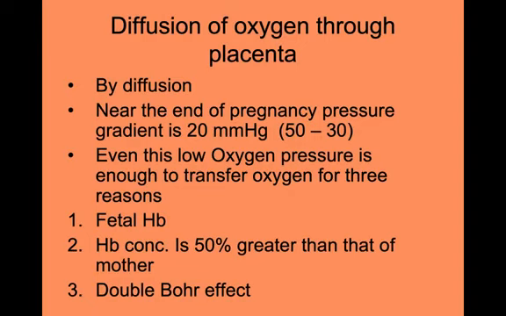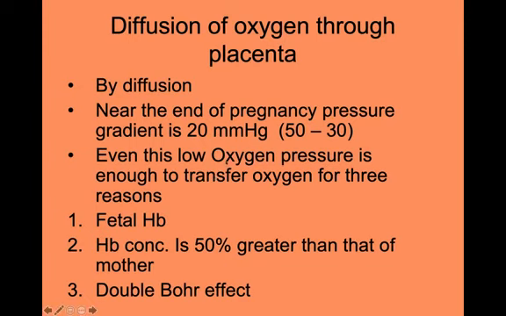On the other hand, the maternal side has its own carbon dioxide plus the carbon dioxide of the fetal circulation, so it will increase the acidity or decrease the pH in the maternal blood. So it will cause less affinity of hemoglobin towards the oxygen. So these two effects, alkalinity in the fetal circulation and acidity in the maternal circulation, will cause the delivery of oxygen from the maternal circulation to the fetal circulation, or more affinity of oxygen towards the fetal hemoglobin. So this is known as the double Bohr effect.